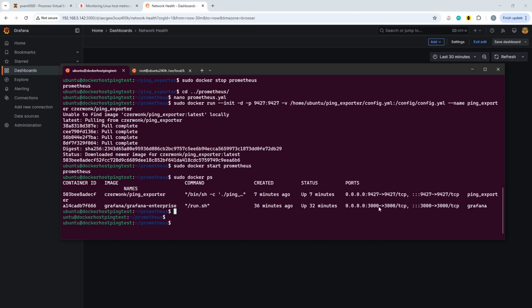It's running on port 3000, and we're going to stop that now and delete the container, but we're not going to delete the storage associated with the container. This is just to allow us to change the environment variables. So let's do sudo docker stop Grafana,